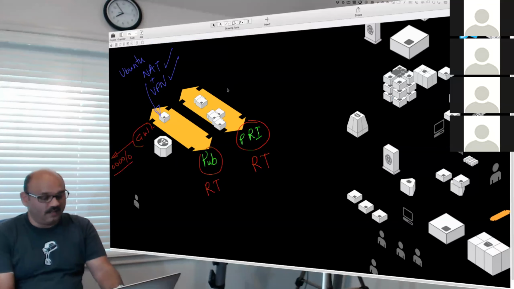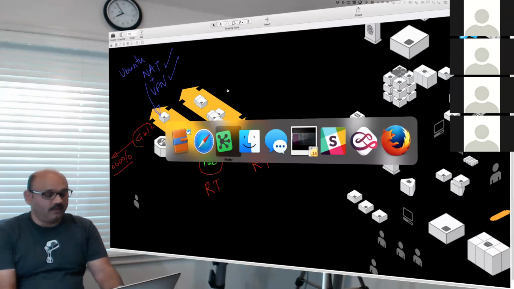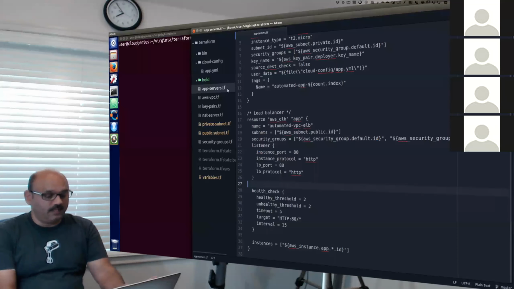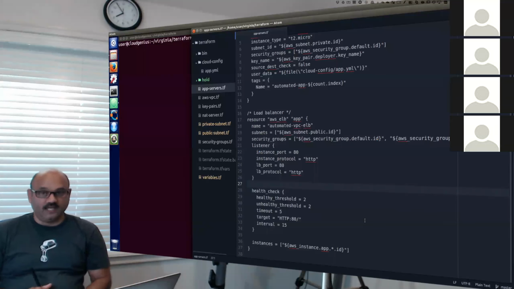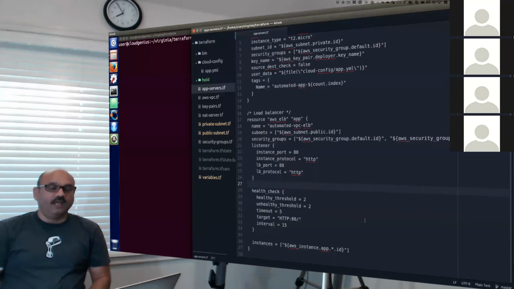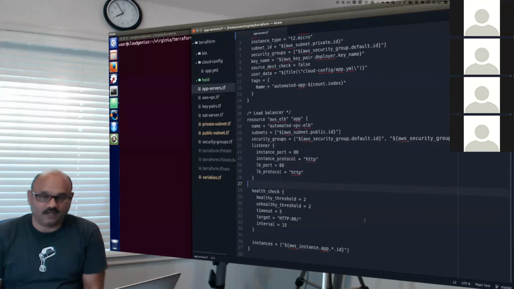That's the idea. So in our example here, we are setting up a healthy threshold of 2, an unhealthy threshold of 2, and a timeout interval of 5 minutes, and the target to check is HTTP port number 80. If the load balancer comes and says, hey, are you healthy? It will do that check on HTTP port 80, and you should respond with 200 OK.